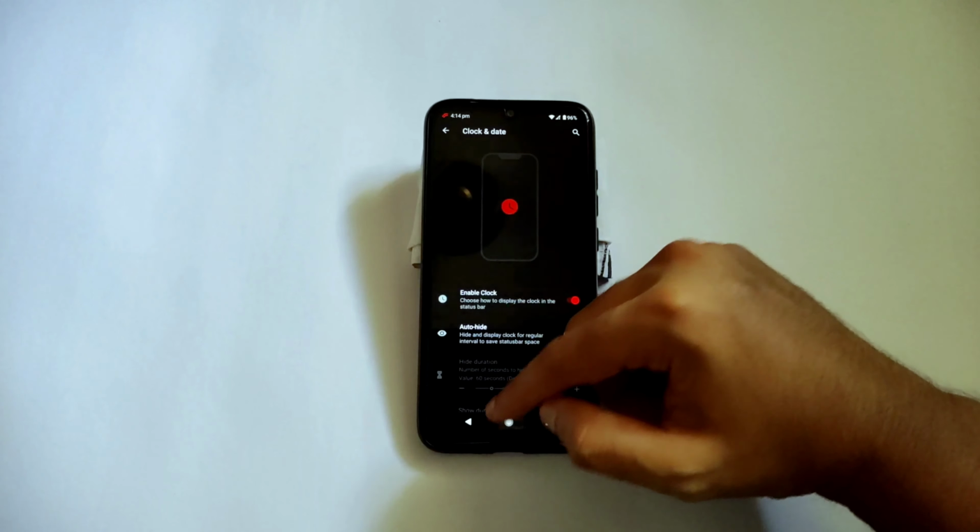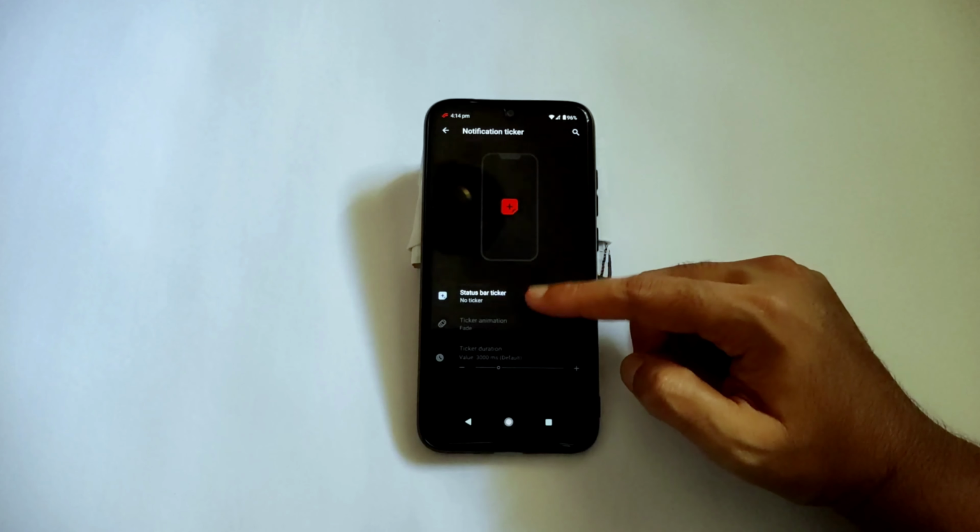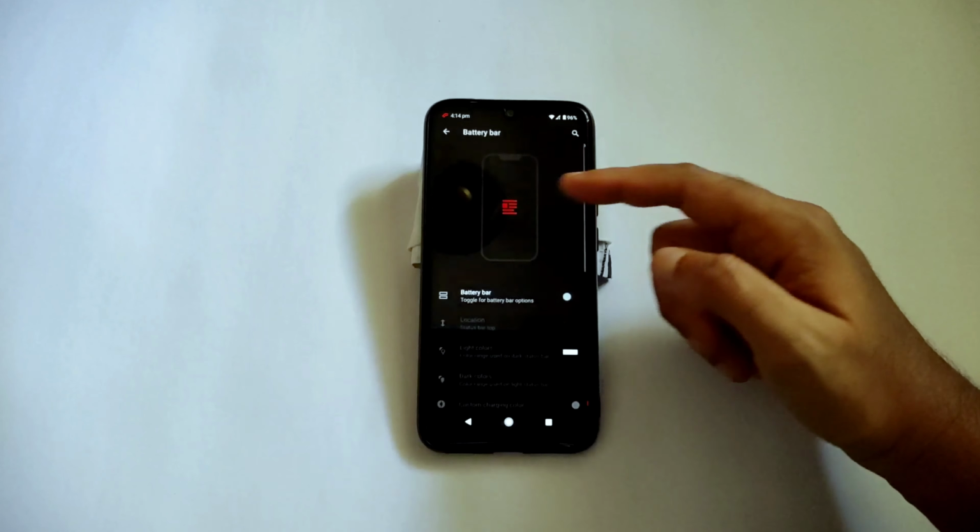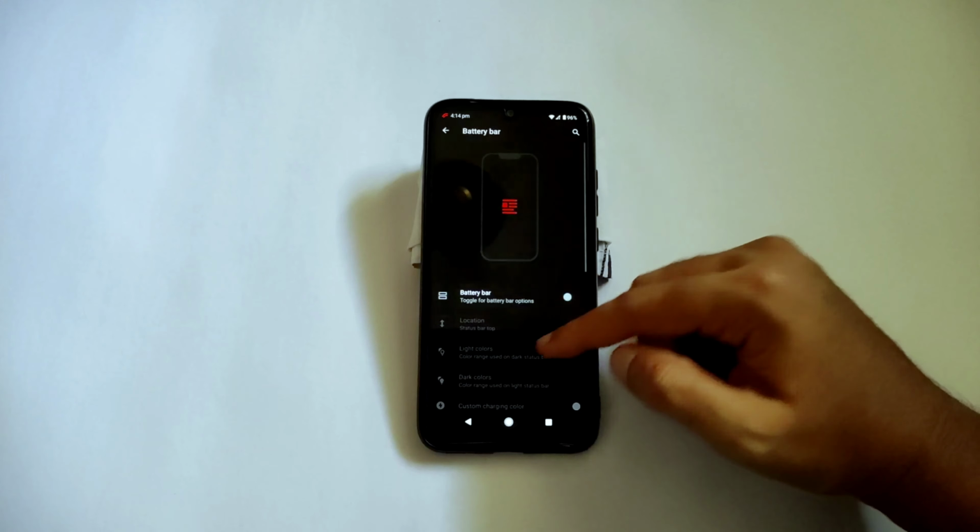Network traffic, here you can enable or disable location. Based upon that you can indicate the network here, and even the notification ticker, status bar ticker, no ticker you can choose from here. Battery bar also you can enable or disable from the quick settings panel, and logo also you can display here, right hand corner, left hand corner. As you can see, even you can use the accent color to display your logo, and even you can position the logo here, and even the style also you can change. As you can see, plenty of logos are given. That's really a cool animation, the cool logo options.